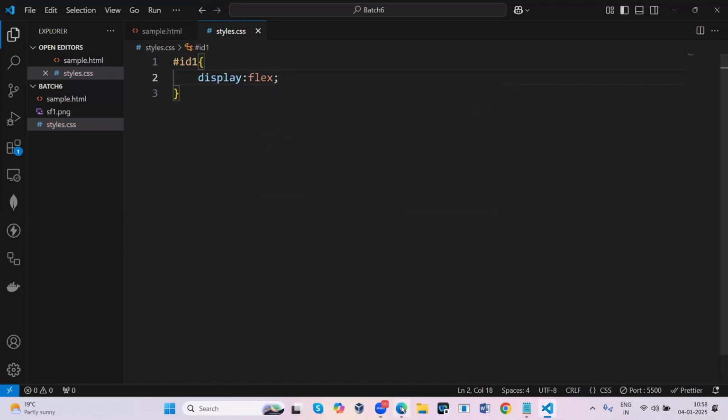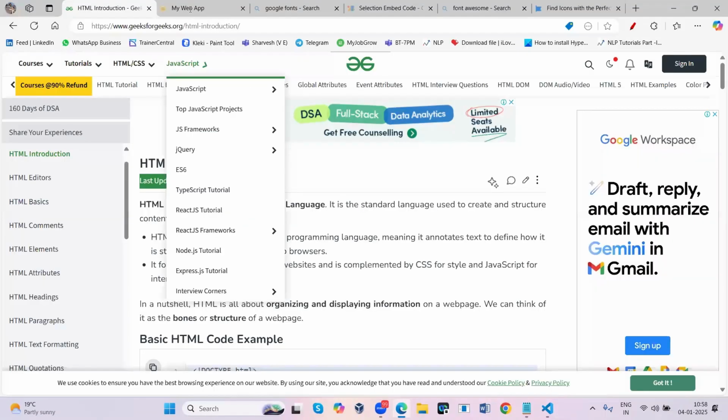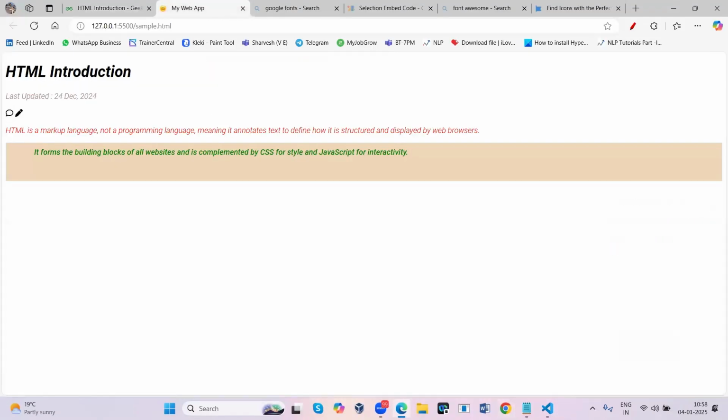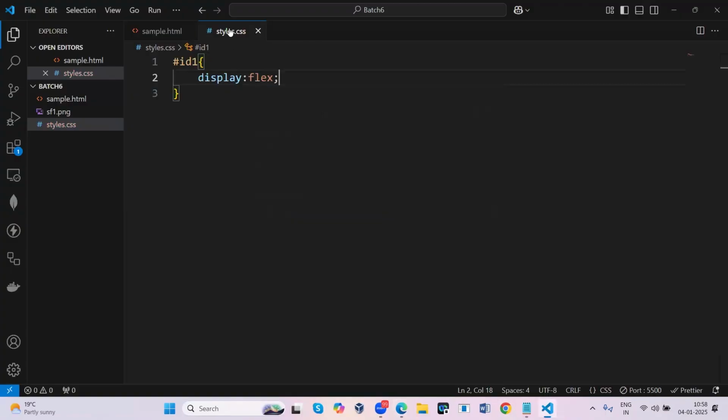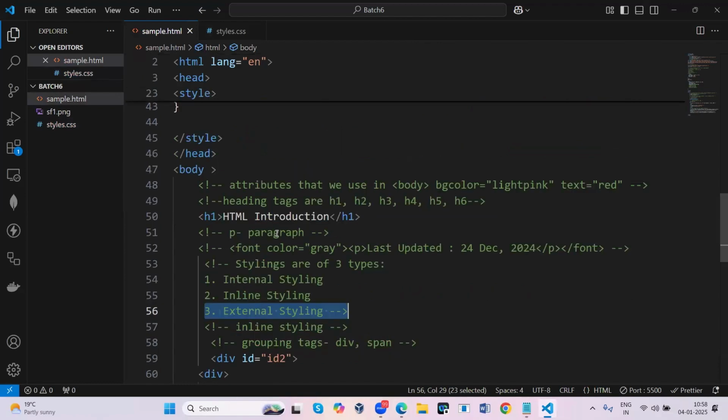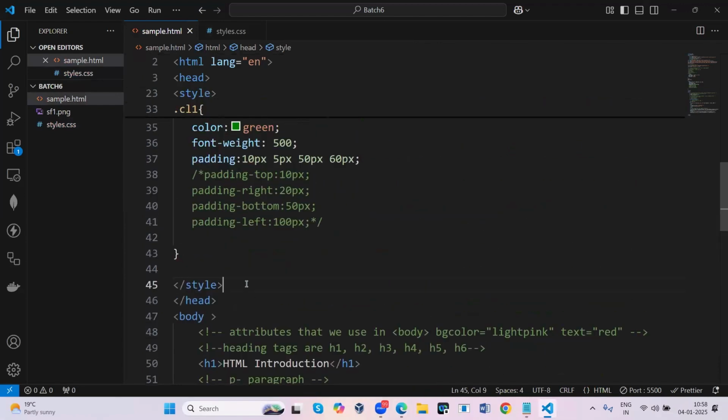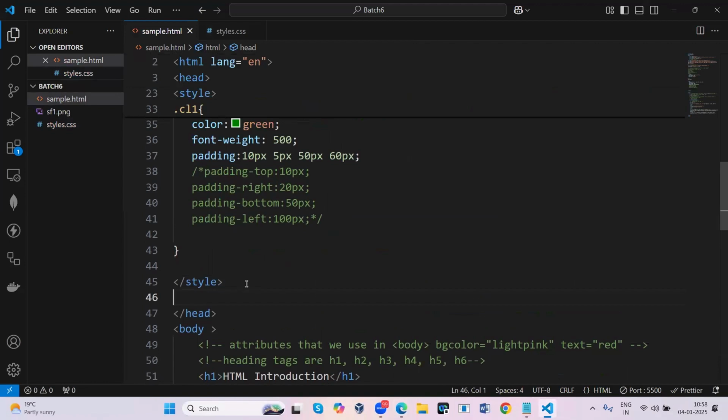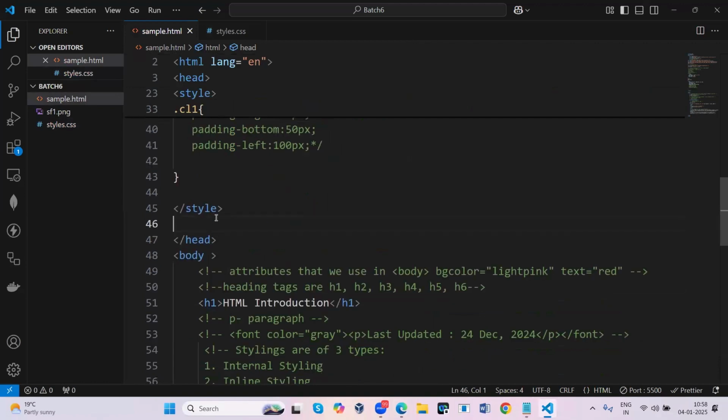I'll show it, but it will not get affected now because you didn't link this file in your HTML document. How to link that file? In the head tag only, you need to write it. So now we are explaining external styling.